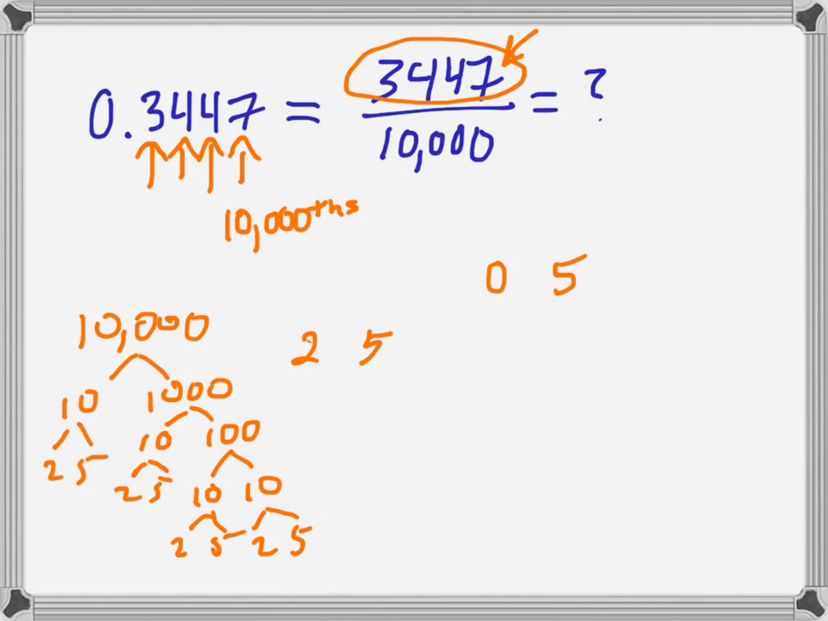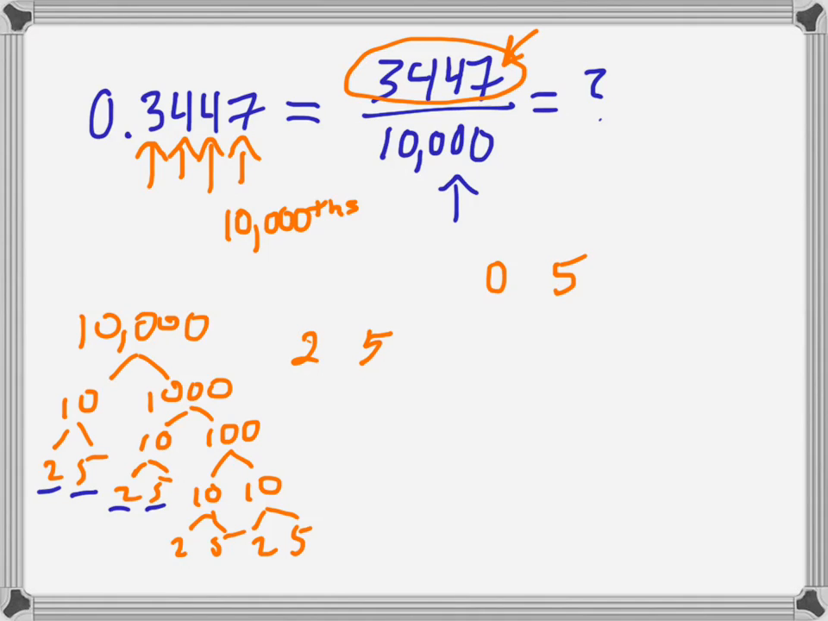And if so, then it is divisible by 5. Alright, so this one is not. And I don't need to check any other numbers. I don't need to check if this fraction could be reduced by 3 because I already know that 10,000 is not divisible by 3. And the reason I know that is because if I look at all of these prime numbers,